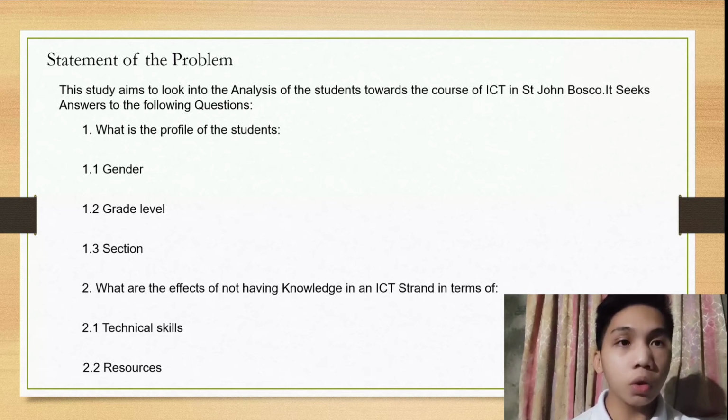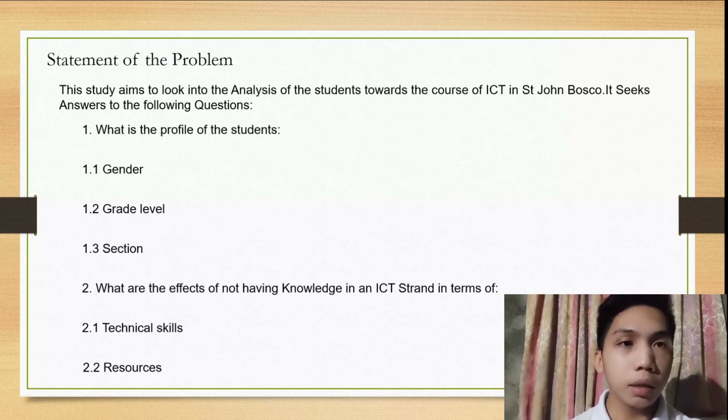In 1.2, grade level, we do not gather the study of all ICT strands. We're just going to choose to gather their data. In 1.3, section, not to generalize our study, just focus on group variables. And the second question, what are the effects of not having knowledge in ICT strand in terms of technical skills and resources? In 2.1,